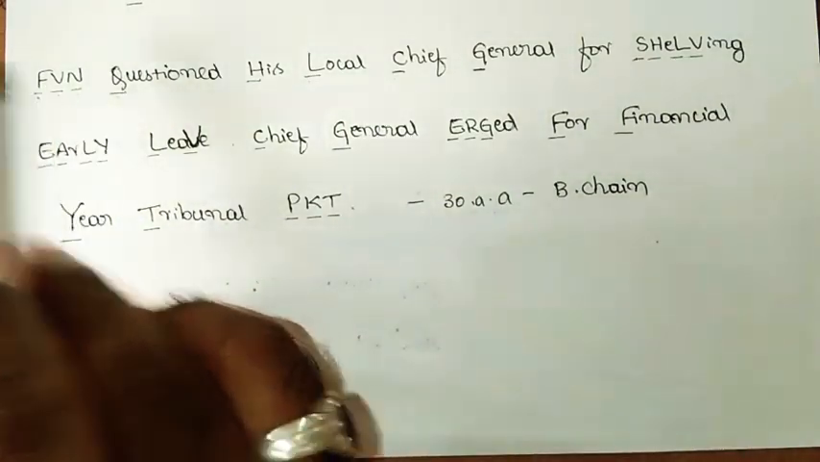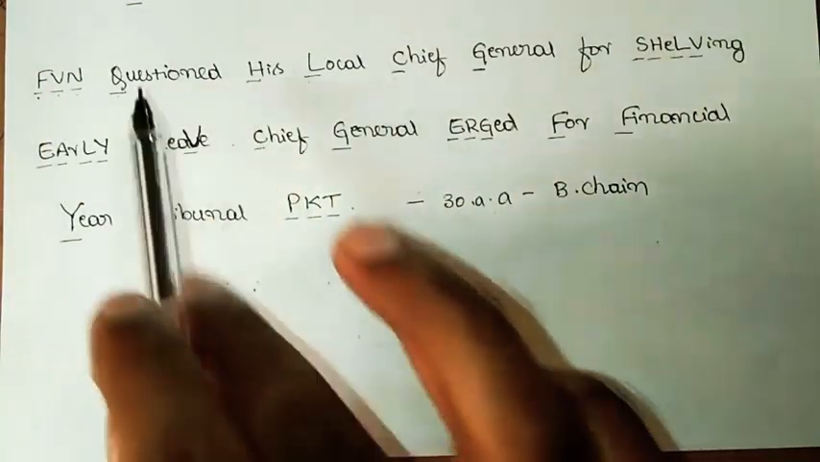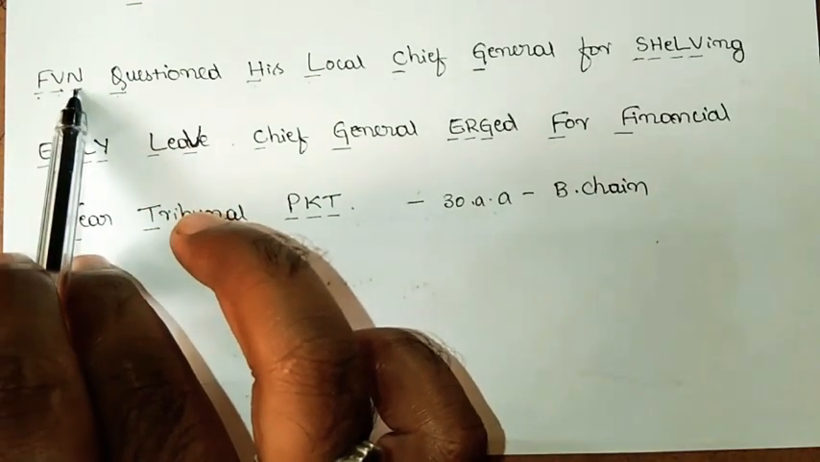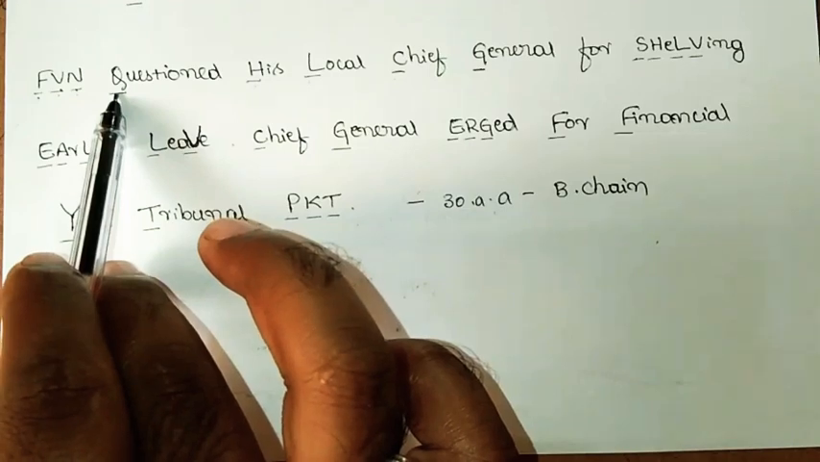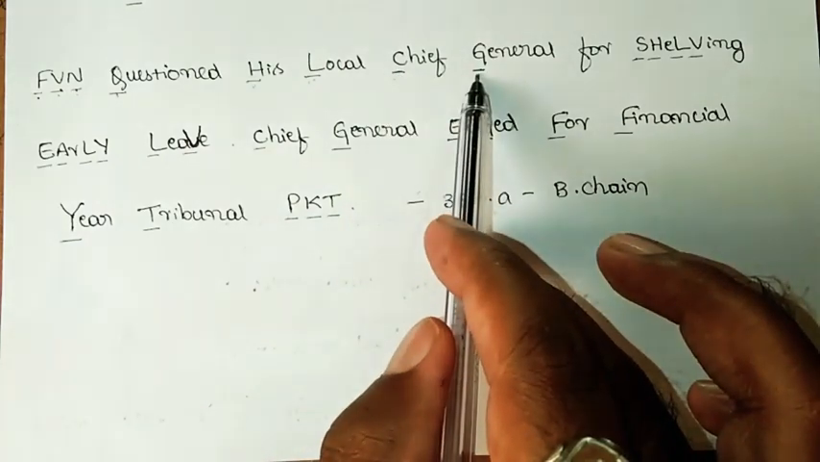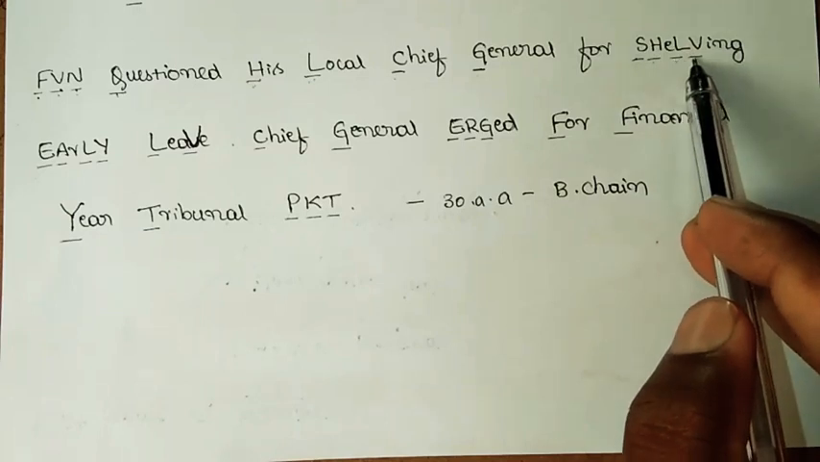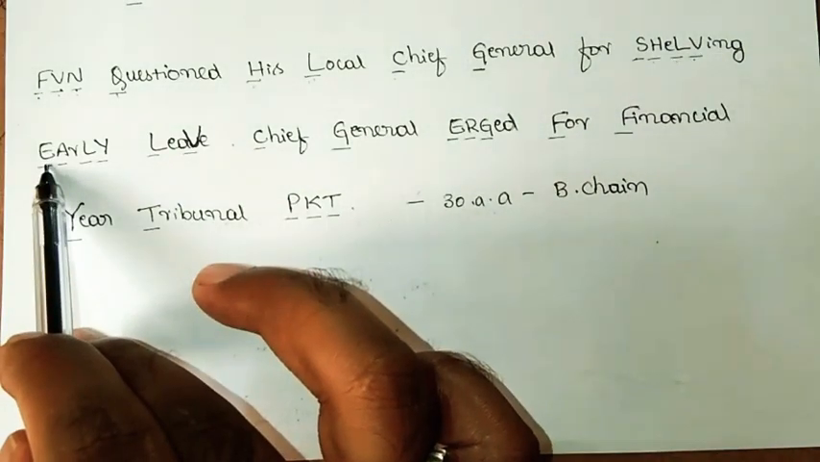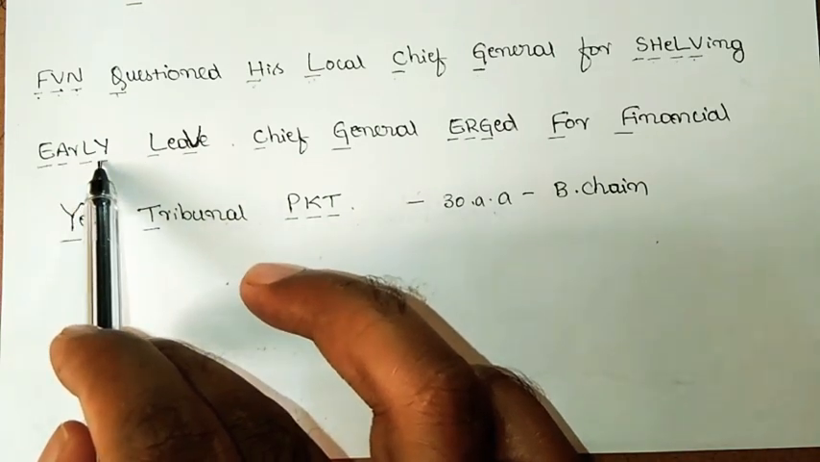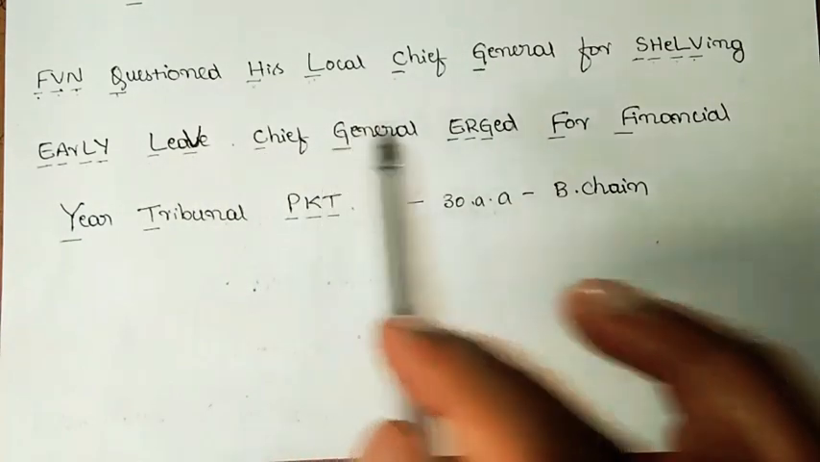We already gave in the last content the alphabet letters which are given for the amino acids. F accounts for phenylalanine, V valine, N accounts for asparagine, Q accounts for glutamine, H histidine, L for leucine, C for cysteine, G for glycine, S for serine, H for histidine, L for leucine, V for valine, E for glutamic acid, A for alanine, L for leucine, Y for tyrosine, L for leucine, V for valine, C for cysteine, G for glycine,